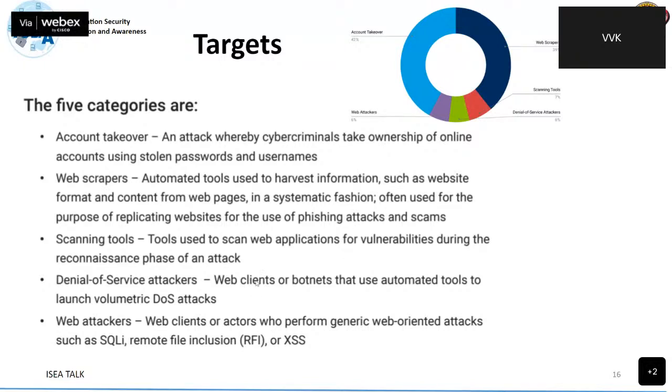Or you may also have some DOS attackers like web clients or botnets that use automated tools to launch lot of DOS attacks, denial of service attacks. What is a denial of service attack? So a server normally accepts a request and gives back a response. We send a URL and we get back some web page, some content displayed in a web page.